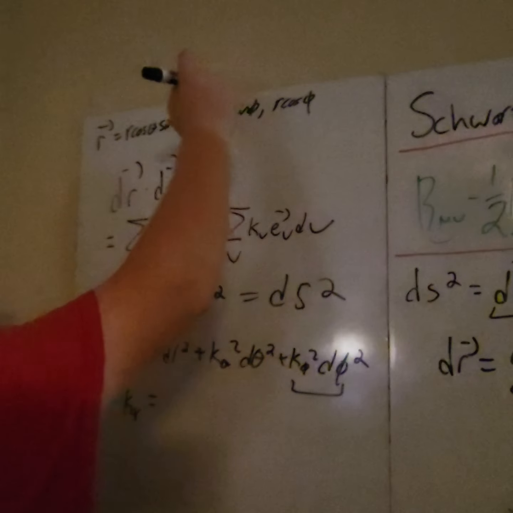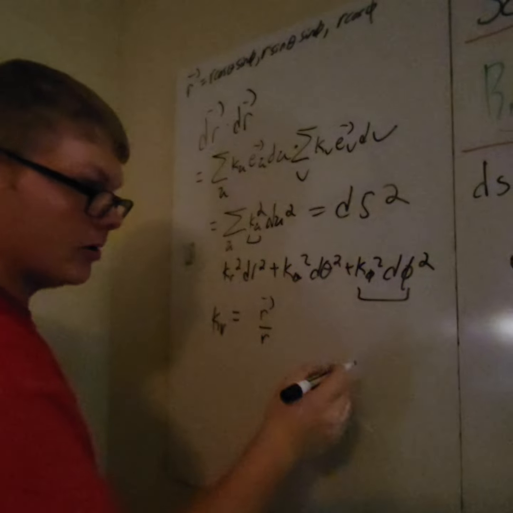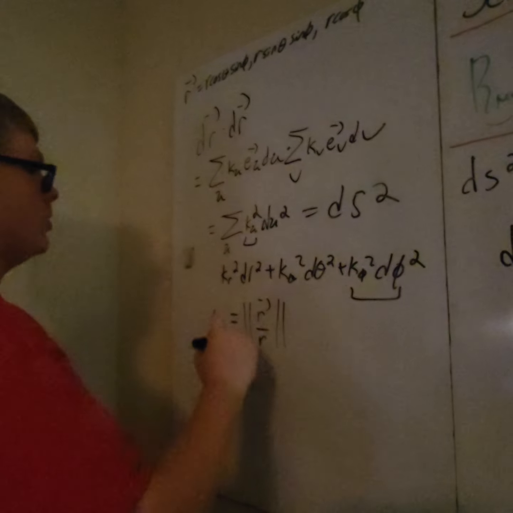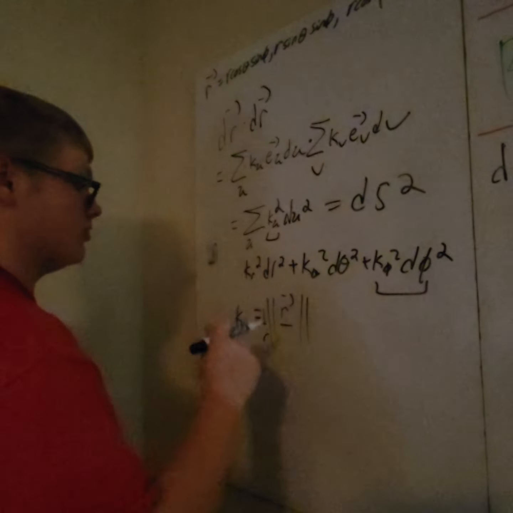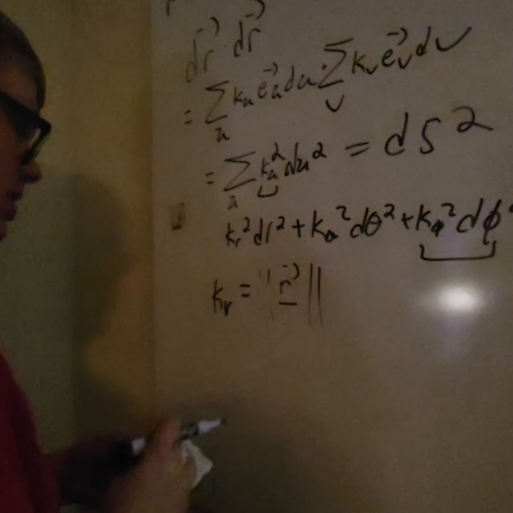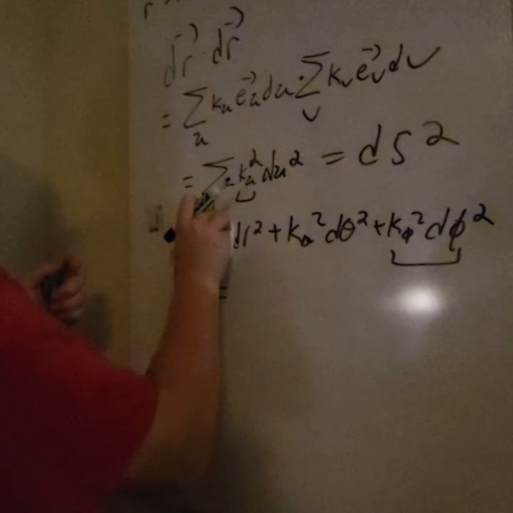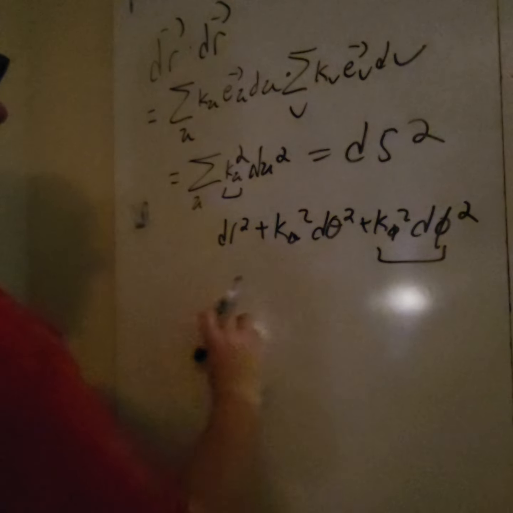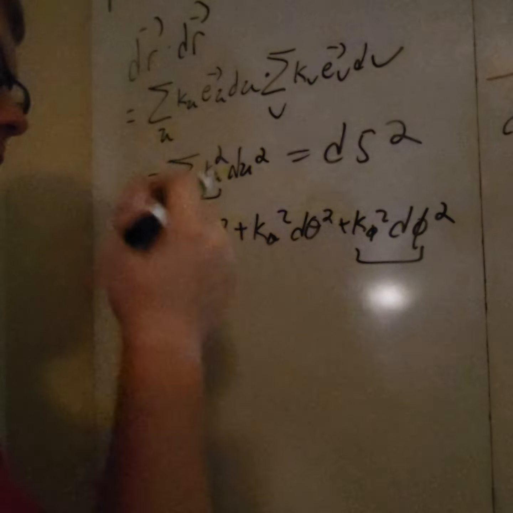You're basically just dividing the position vector by r when you take the derivative with respect to r. You're taking the magnitude of that. Well, that's just a constant factor you pull out, and the magnitude of the position vector is just r. So k sub r will just be equal to 1. So we can take that. K sub theta will be